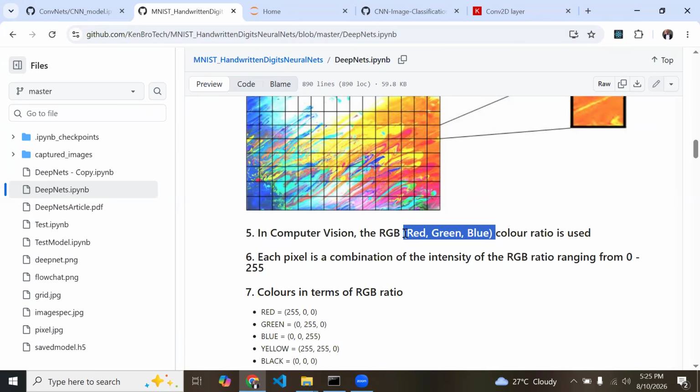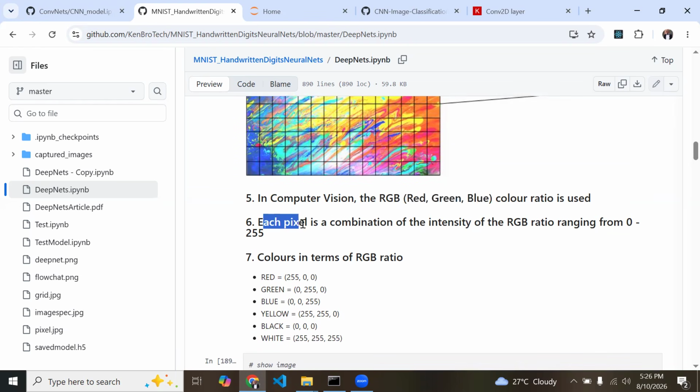And for those of you who have had the opportunity to work in a space where you worked with photocopier machines, the colored printers, you see that the color toners, you don't put all the colors in there, just the primary colors, and then the computer will work its magic, do a combination, and then get the secondary colors for the printing to be done. So each color or each pixel is a combination of the intensity of the RGB ratio ranging